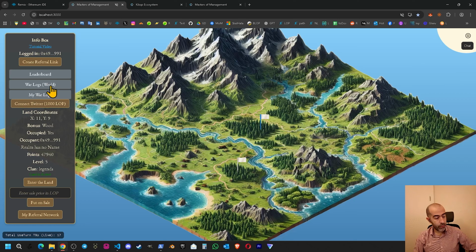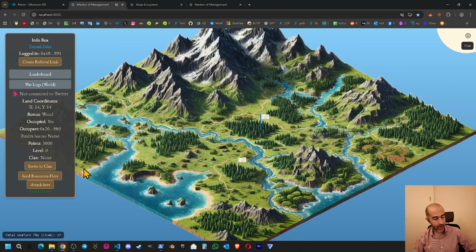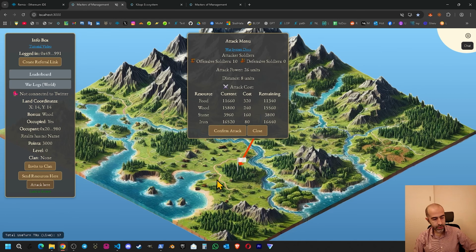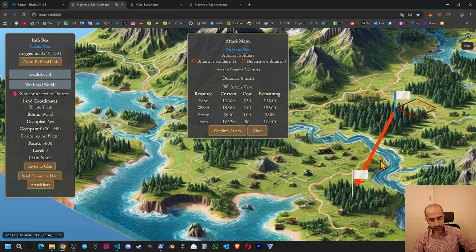Warlocks. Let's create 1 war to see the theater effect and also to see the warlocks. I already have 10 offensive soldiers. I am able to attack this land. I need to click attack here, as you can see. The arrow is showing, and these are my resources, the cost for attack, the remaining after attack, the distance 8 units, my attack power 26 units, and I have 10 soldiers. I confirm attack,